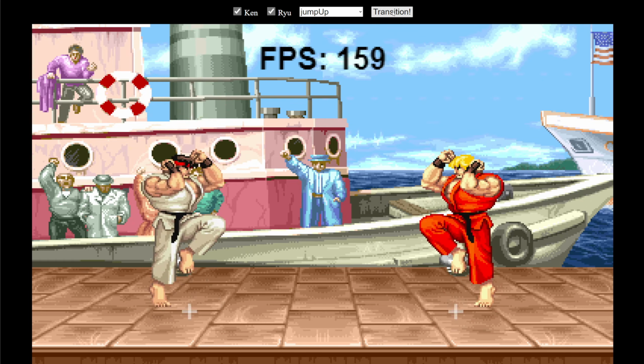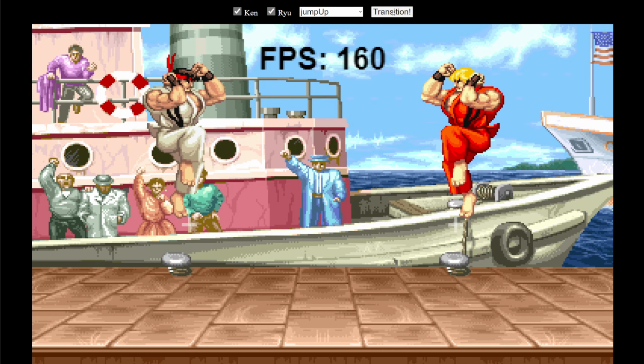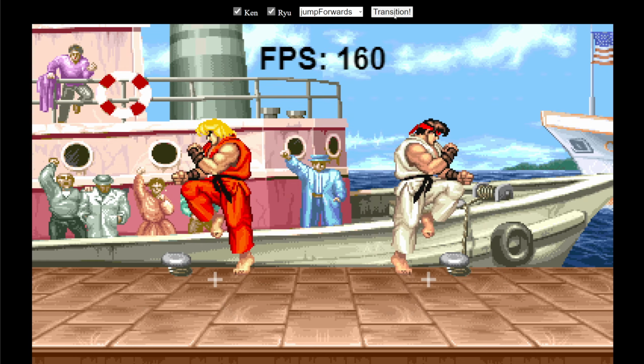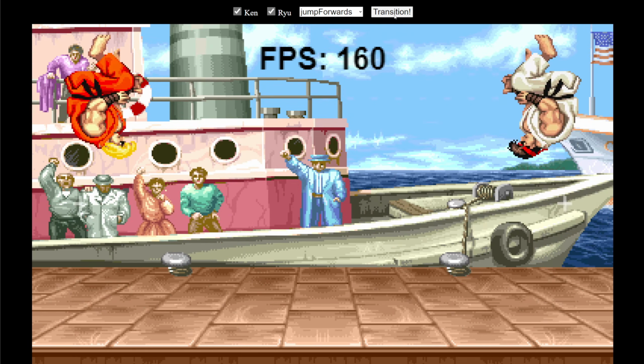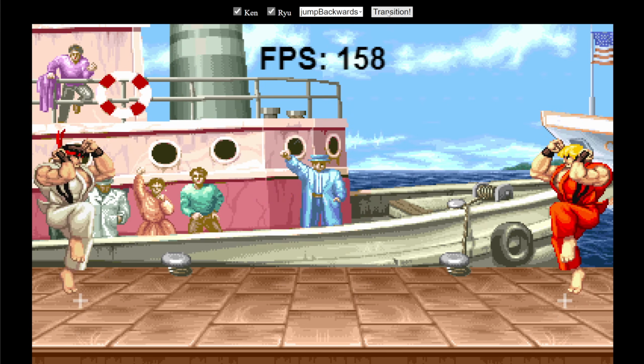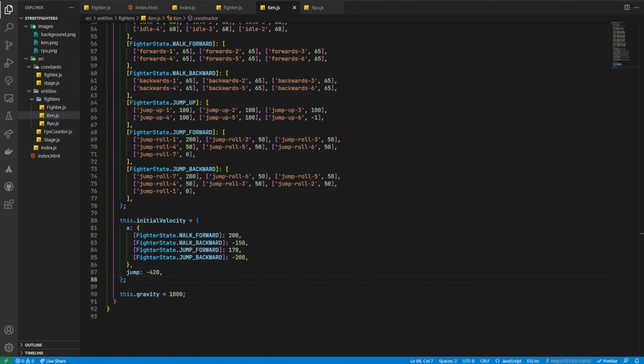Somewhat disappointing, I know, but it does follow the correct move behaviours of the original game, which is what we're ultimately aiming for. So for the last part of today's video, we'll add the last of our basic moves, which is the crouching states, which strangely has 3 separate states and animations. The actual crouch itself, along with the crouch down and the crouch up state, as the fighters transition into and